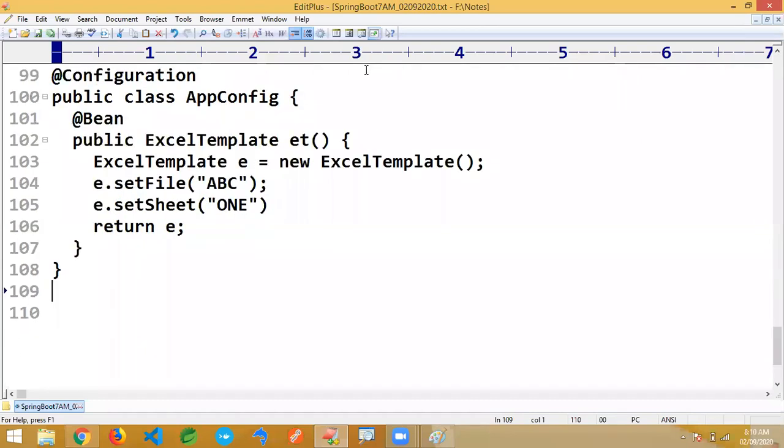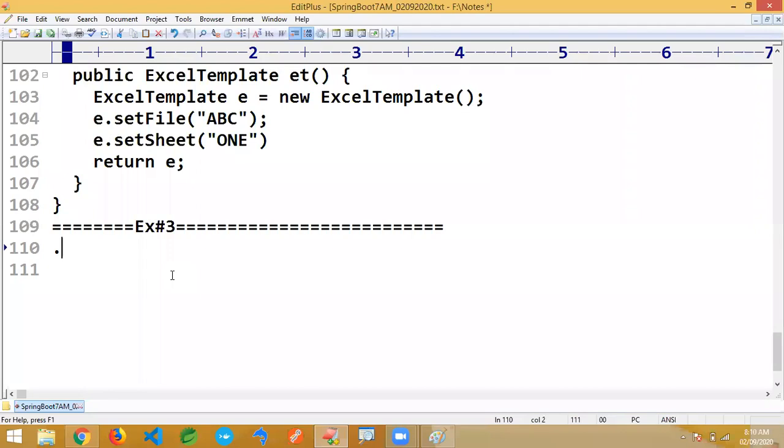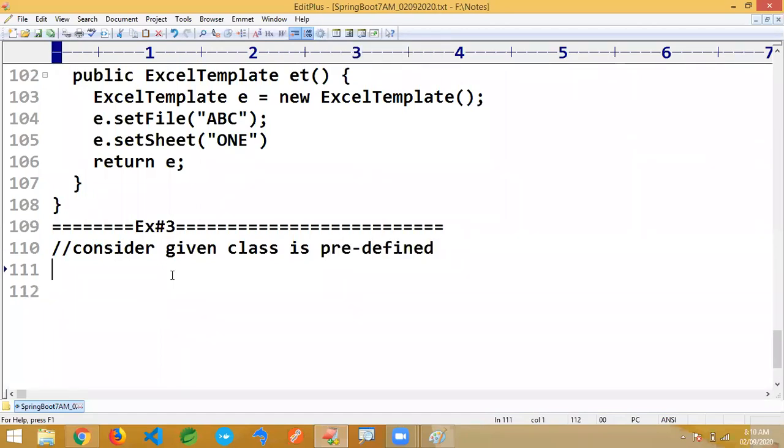Now, example 3 I'm just giving. This time you write one more. Just write one more here. I'm just writing. Consider the given class is a predefined class here.